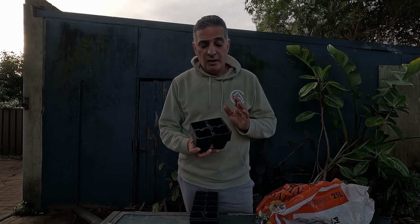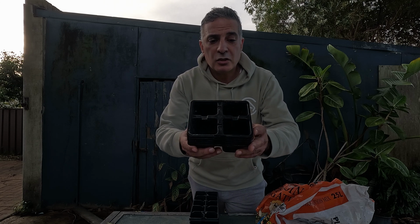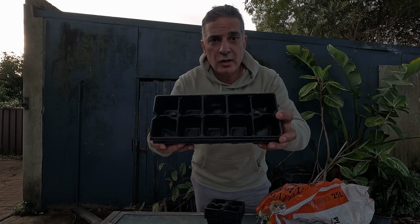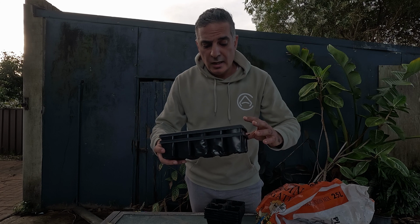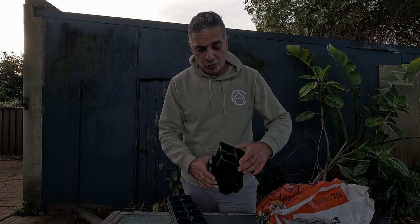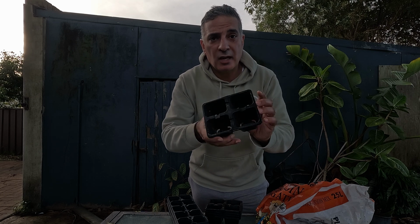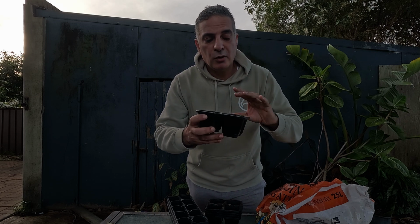I generally don't like to transplant my seedlings into larger pots to grow them out. I prefer to grow them out in the pots that I have. So I'm looking for large cell pots, and I've got a 10 cell tray, which you can see just right there, and I've got larger 4 cell trays which I'll grow my seedlings in. Now, these are large enough to allow for a decent root ball to grow and also allow for the plants